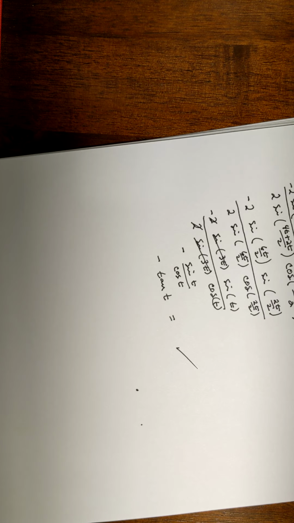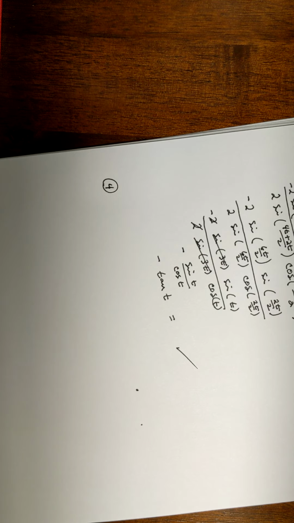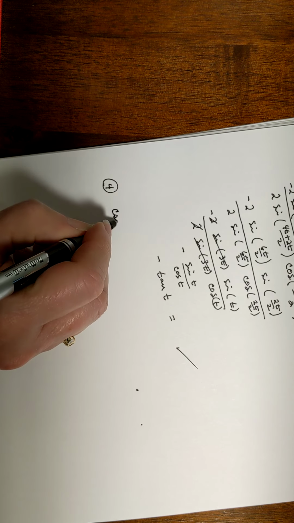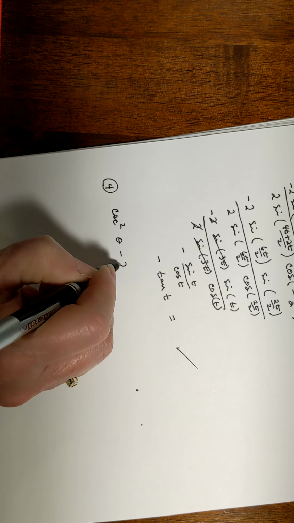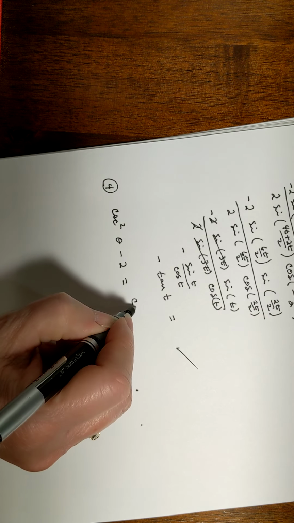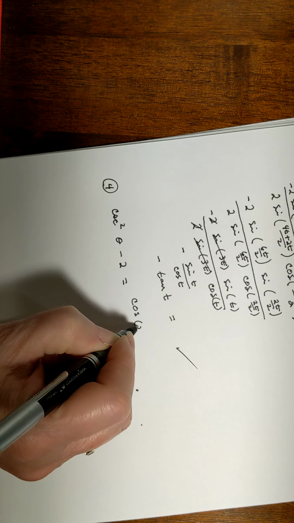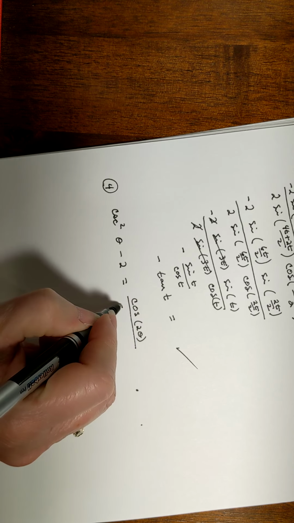So this one says, I'm not sure why they put this one in this section, but we'll go ahead and work it. It says the cosecant squared of theta minus 2 is equal to the cosine of 2 theta over the sine